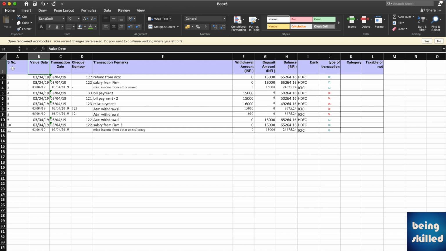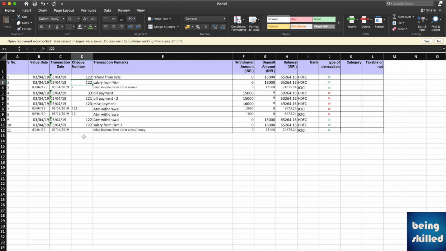And over here you can have the serial number as well. So we are having the random serial number starting from 1 to all the transactions we have. These are the value dates, these are the transaction dates, these are the check numbers. So this is the dummy data for now, but when you download the bank statement, they will have some figures. So have a proper structure, and then ensure that all your bank statements are in this structure.